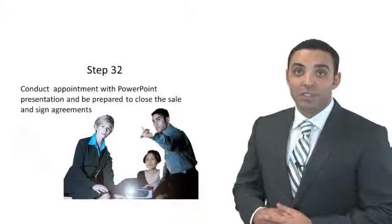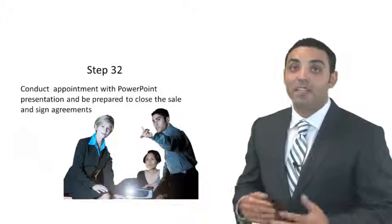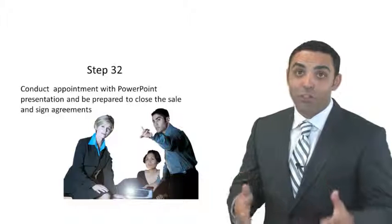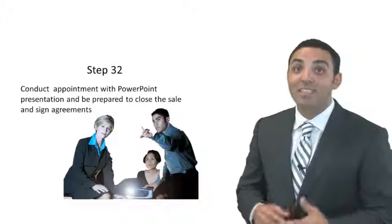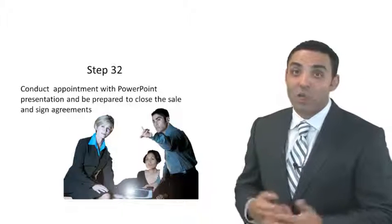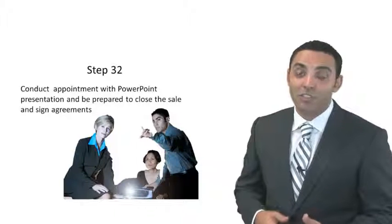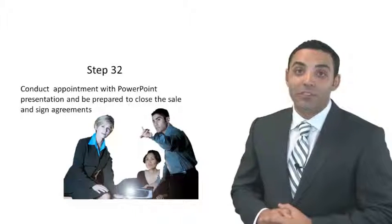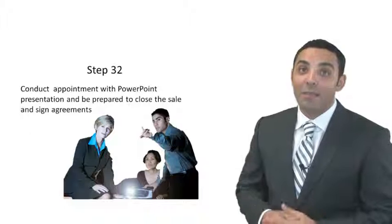Step 32 is conducting the second appointment with the prospect by the sales professional and delivering a compelling PowerPoint presentation that reflects your findings and the proposed solution to meet the client's needs. The sales professional should be prepared to answer all questions, qualify and overcome any objections, and ask for the business. Should the client be ready at that time to sign agreements, the sales professional should have them at hand and